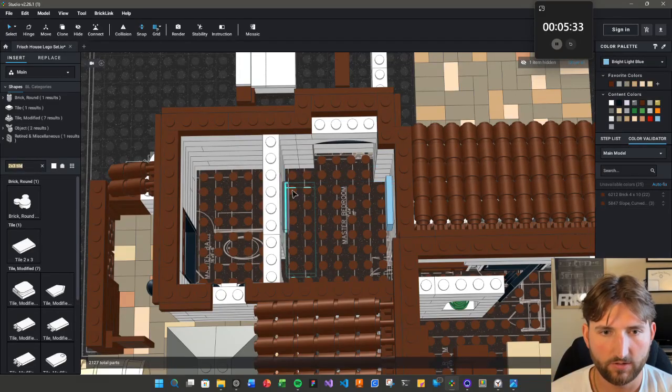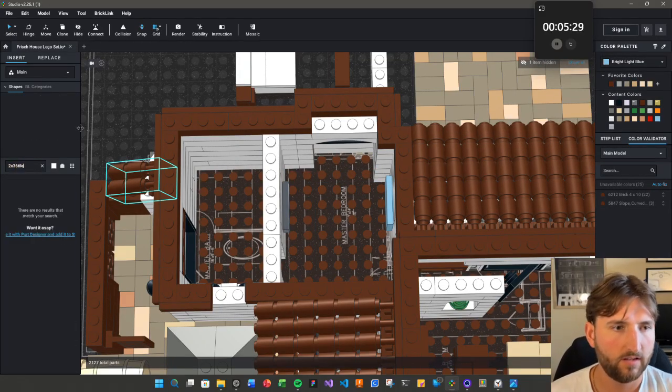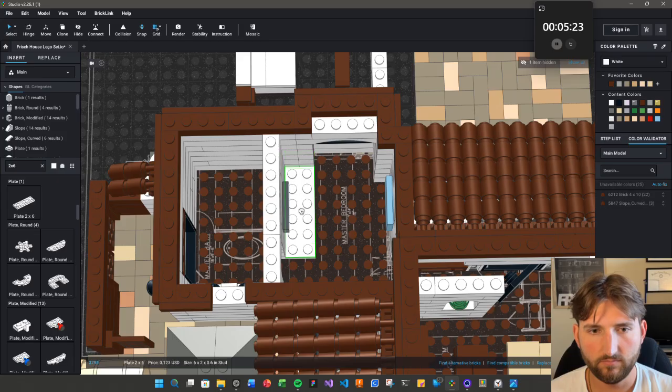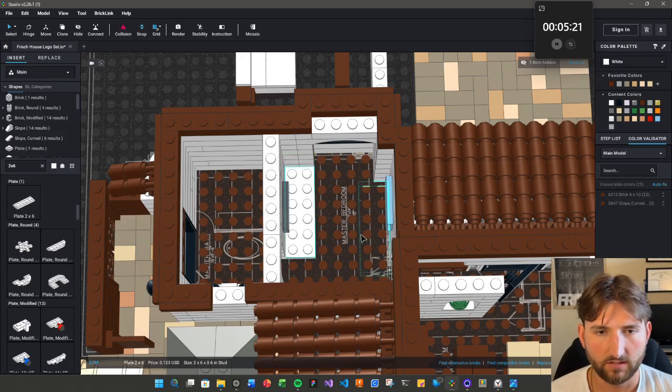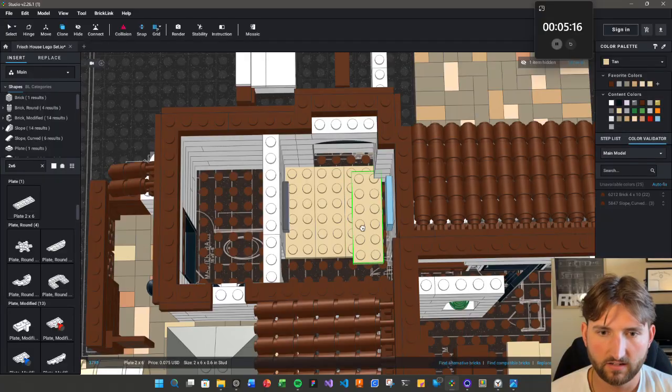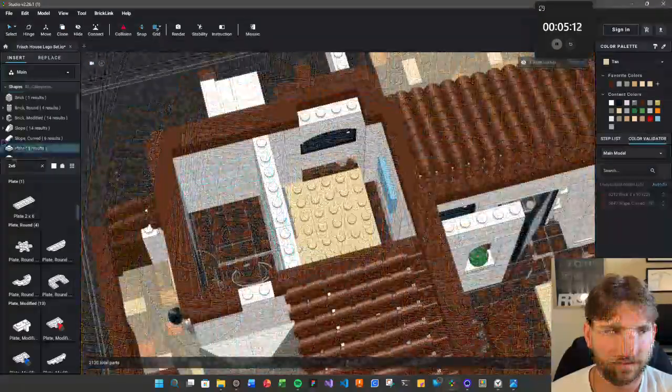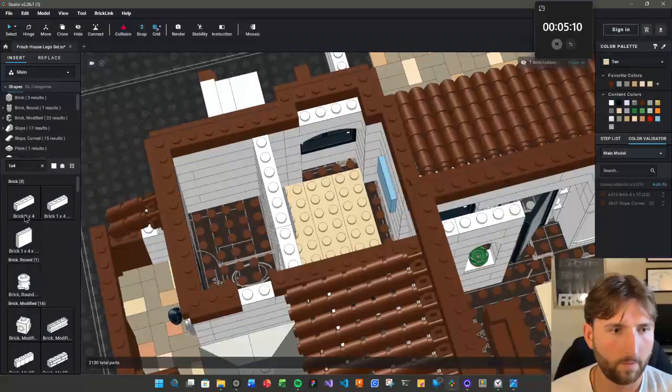I guess 2 by 1, 2, 3, 4, 5, 6, 2 by 6 plate. I gotta turn collisions back on. It's really that color. And then if we do a 1x4 plate,